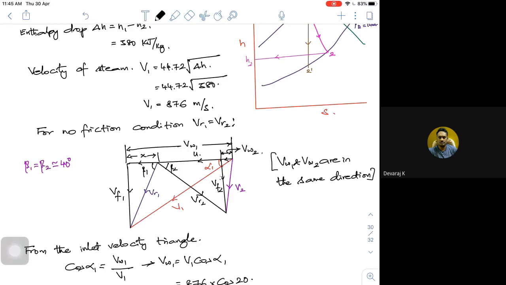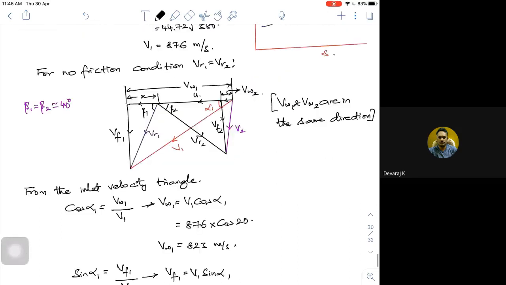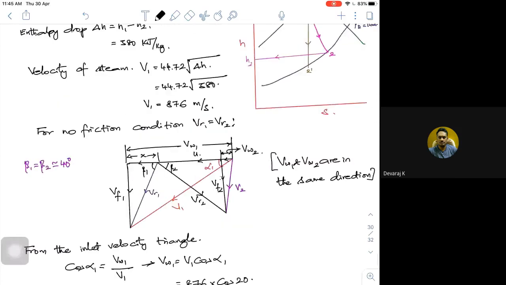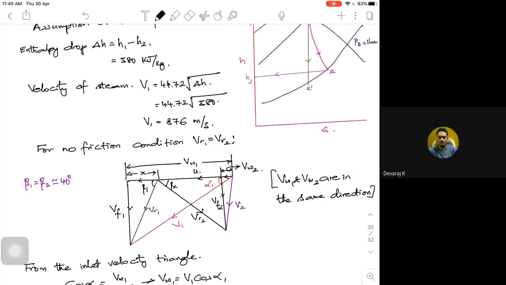So graphical method means first you have to take up the U, which is 450 meters per second. Then from the delta H, you calculate the corresponding V1. You know the alpha 1. The previous problem, whatever we did, in a similar fashion you go on, you can solve it. Let's take one problem on